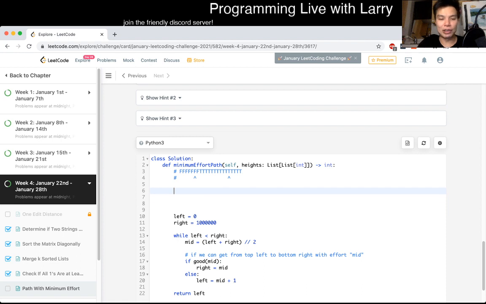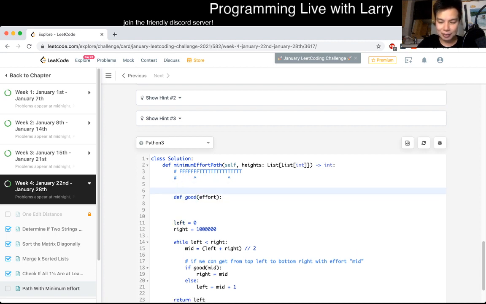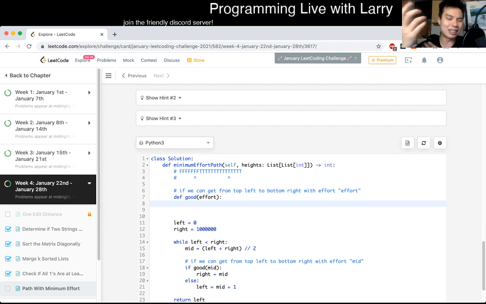So now we have to write the good function, right? Oops, fingers in the wrong place. Let's just say target or effort, say that's the name. As we said again, I'm going to copy and paste this because I'm a little lazy, tired, whatever. With minimum effort of target, I wrote target because I usually call it target or X. And now this is more fundamental, which is what we talked about, implicit graph. So we're going to do a breadth first search. You can also do it with depth first search and stuff like that. I guess it doesn't really matter, but I'm going to do it with a breadth first search